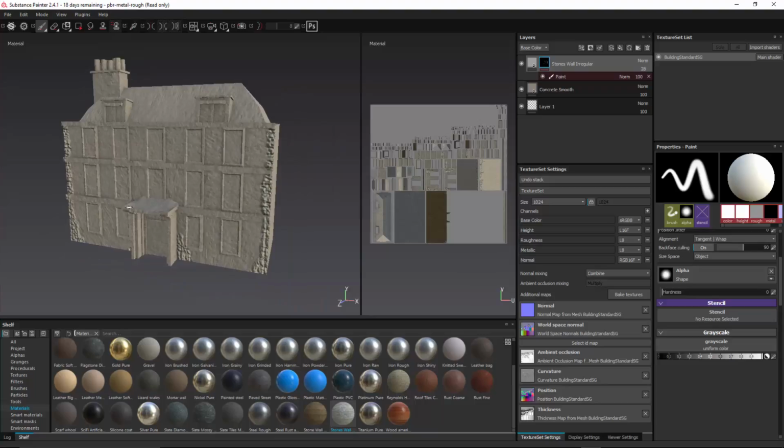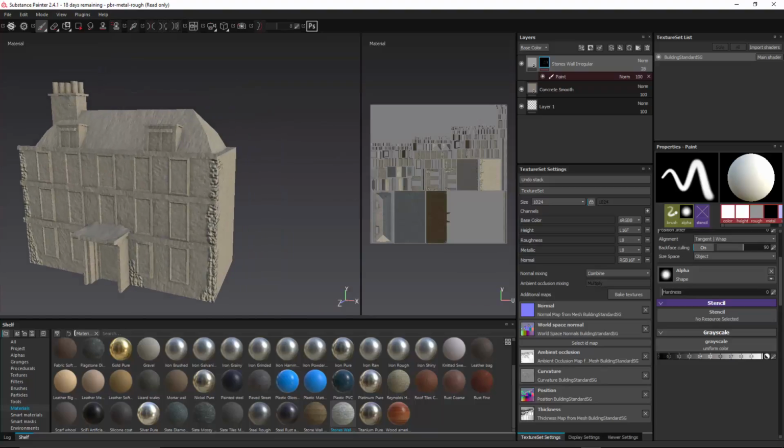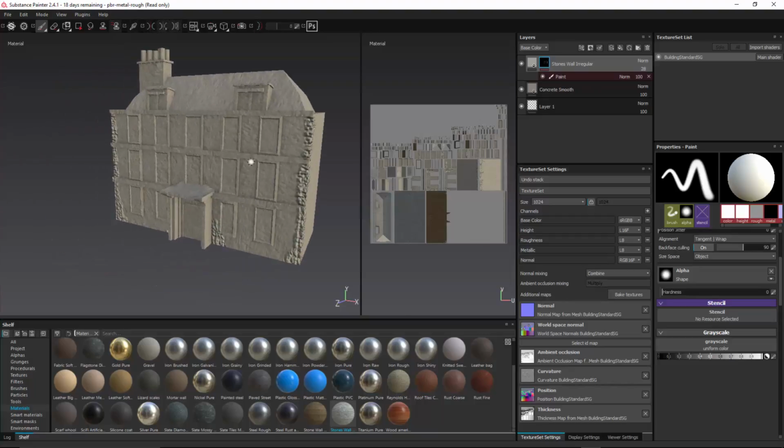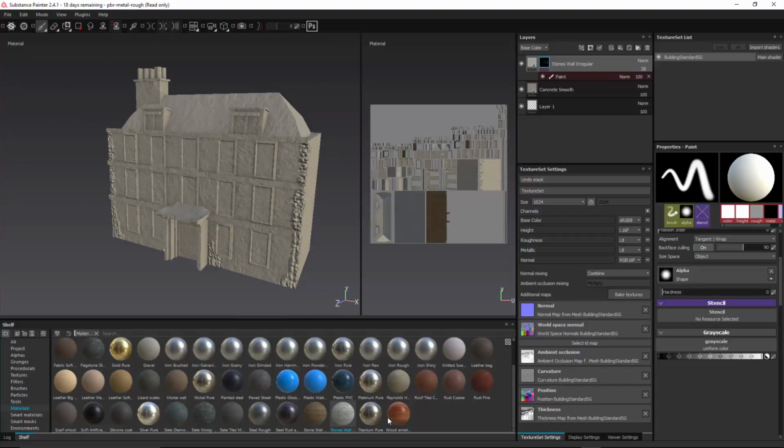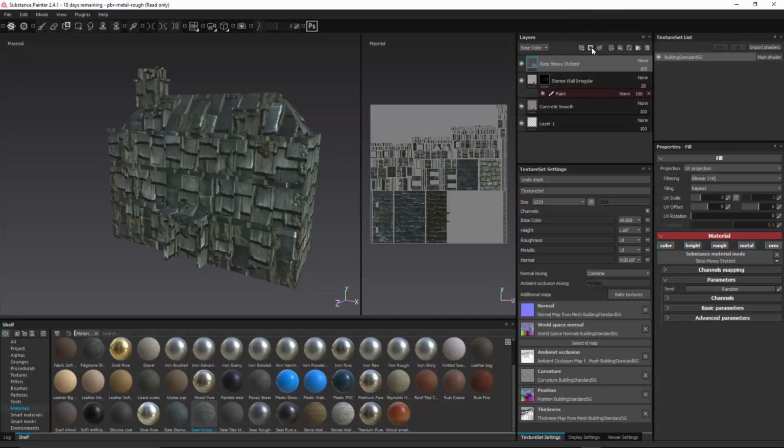All right. Let's keep adding new stuff. I think it's good for right now. We'll play with it a little bit later. I'm gonna do another material. I'm gonna put a flagstone. Let's see. There's a slate mossy or slate diamond. Put slate mossy on top of the whole kit and caboodle here. What about there? We'll mask that out again with another